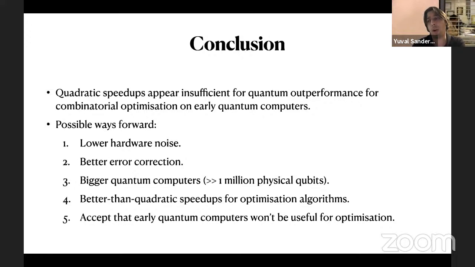The story I would really offer is that we can't really compare different steps of different heuristics, and we need to take that a bit more seriously. We intentionally didn't do this for this paper because it would have turned the paper into thousands of pages. But when you look at simulated annealing, what you're doing is not simply preparing a Gibbs distribution. You're preparing a coherent Gibbs state where the amplitudes are the square root of the probabilities. And the quadratic speedup comes from the idea that you need fewer steps to get to thermalization.